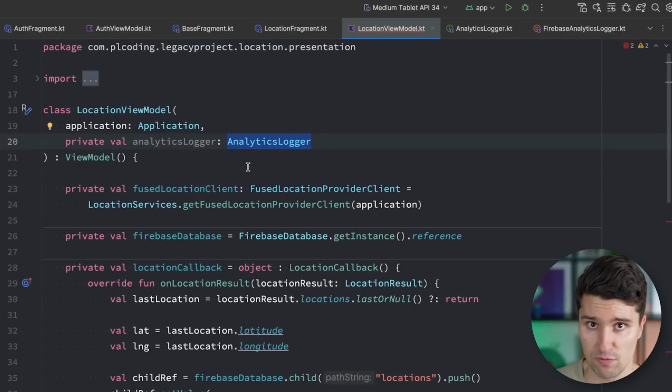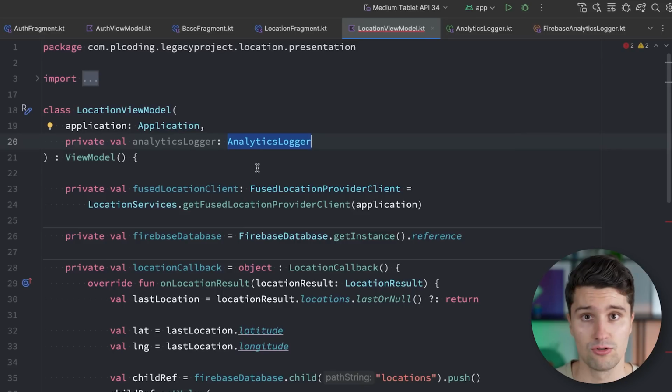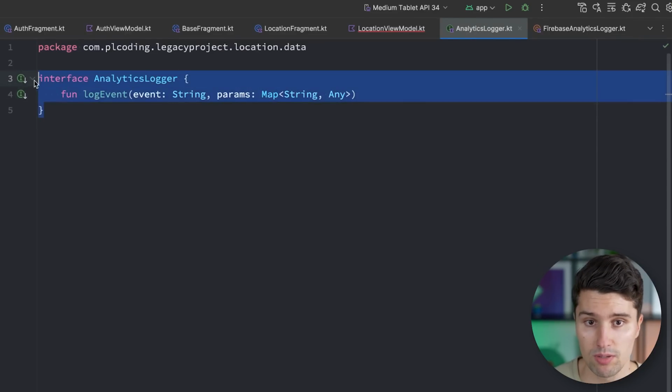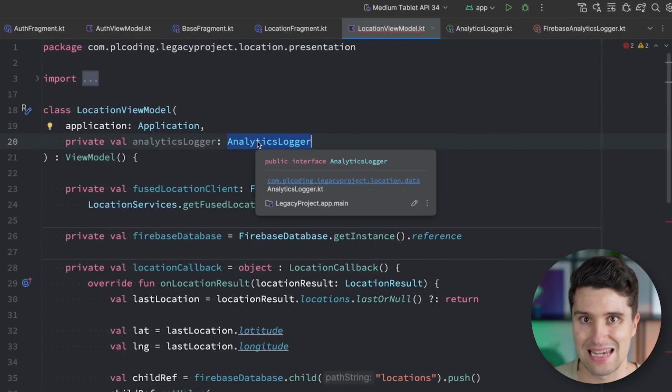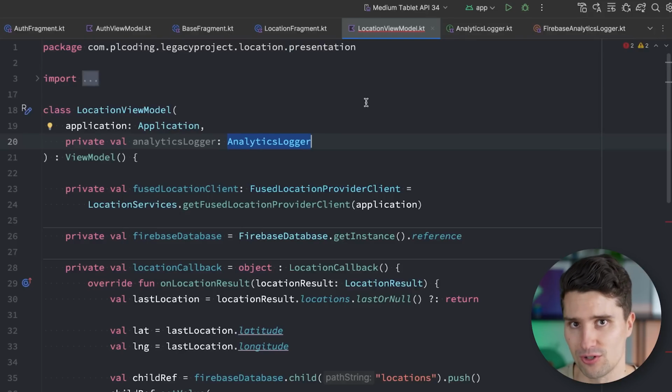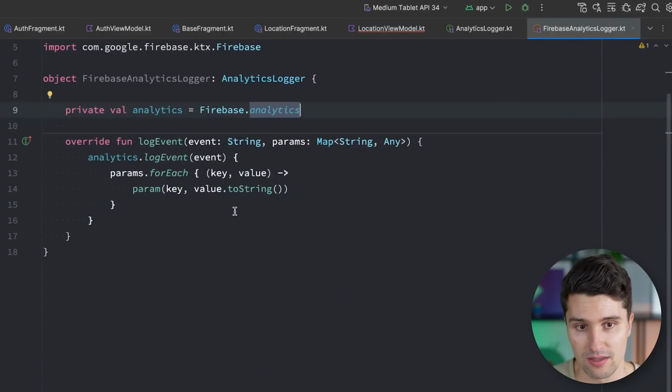because if at this point we say, okay, let's ditch Firebase, let's go to something else, let's use a different approach to analytics logging, maybe our own servers, then the only thing you would need to do is create a new implementation of this interface, and then make sure that every single object receives this new instance. But since we depend on the abstraction, we can pass any form of analytics logger here to the constructors. So it's really just changing a single file, and the entire code base uses that new approach. That is super flexible. And on the other hand, we also isolate this functionality here in its own class,